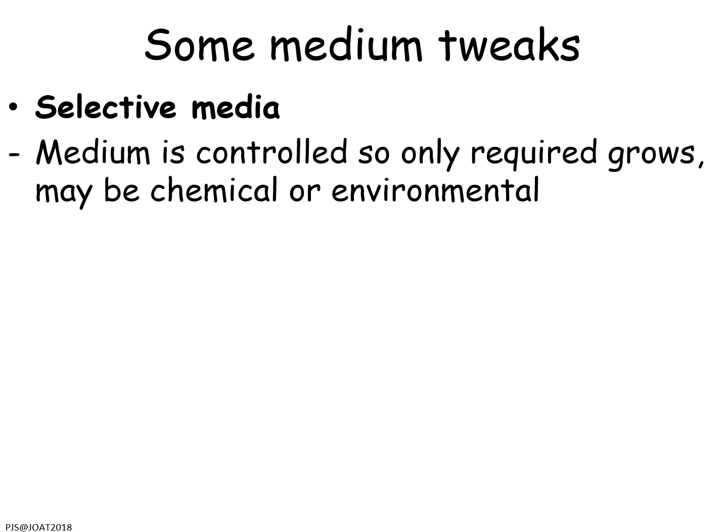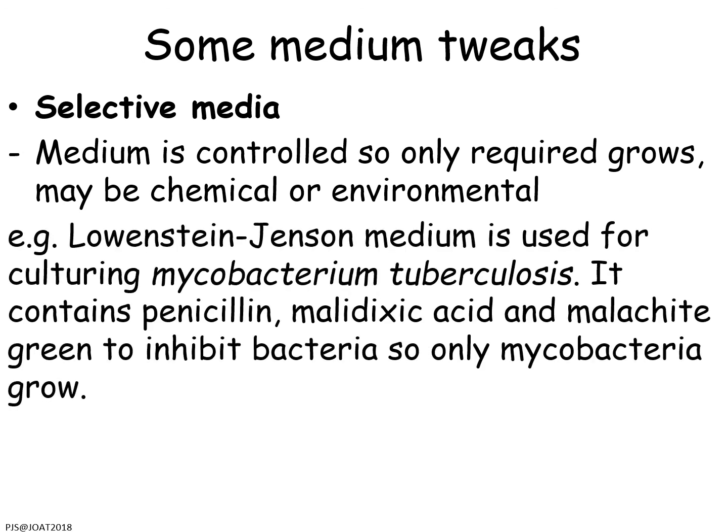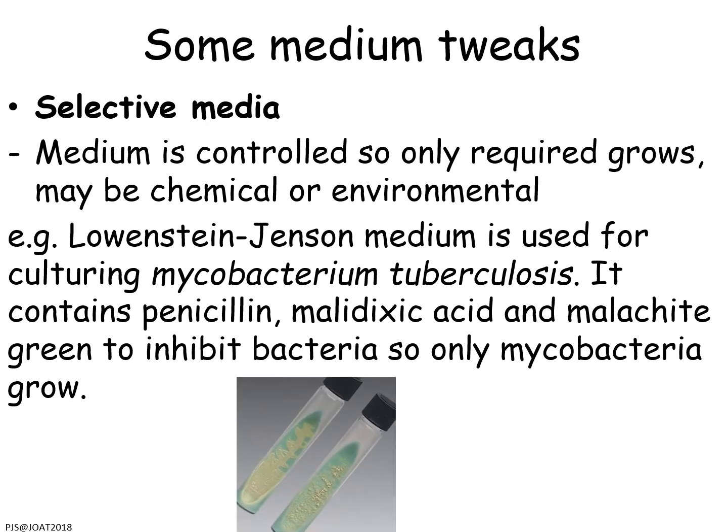So say for example you had a mixture of microbes in there, but some of them you'd been genetically engineering, and the ones you've been genetically engineering have been engineered to have a resistance to a particular antibiotic. So you put that antibiotic in the media, and the only ones that will survive will be the ones that have that particular antibiotic resistance. Here's a very specific example. Lowenstein-Jensen media. This is for culturing Mycobacterium tuberculosis and contains a whole pile of things that basically wipes out everything else, but only the Mycobacterium then grow.